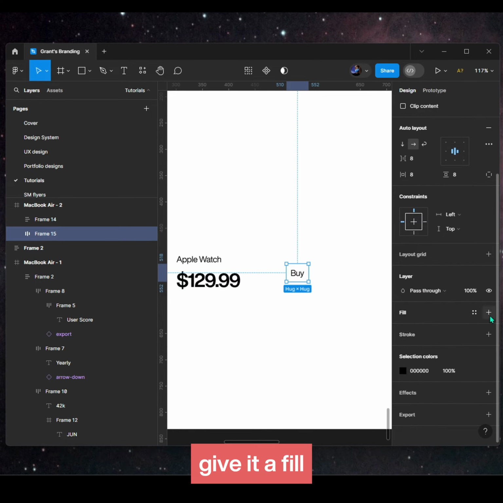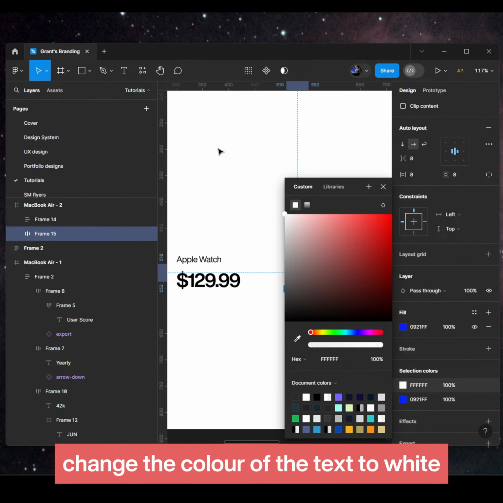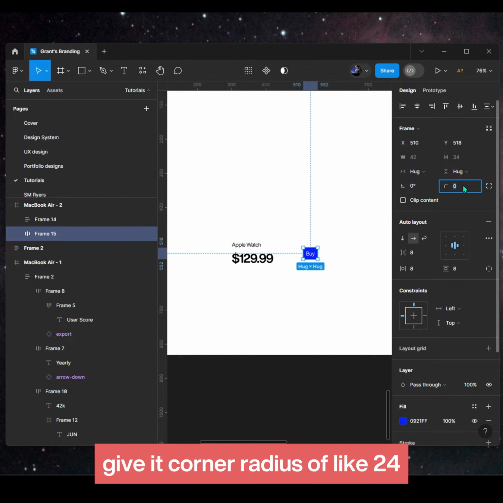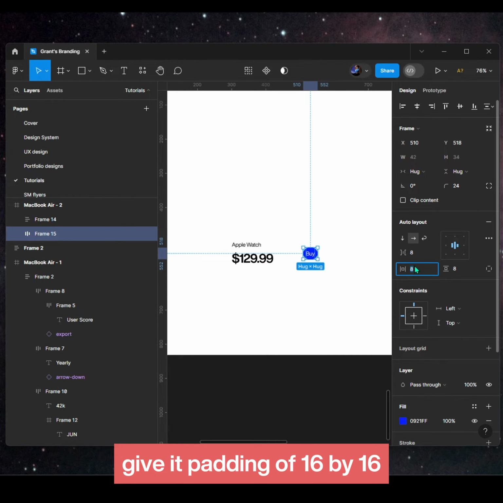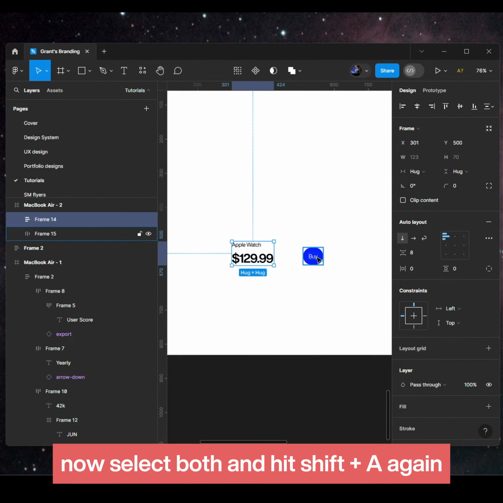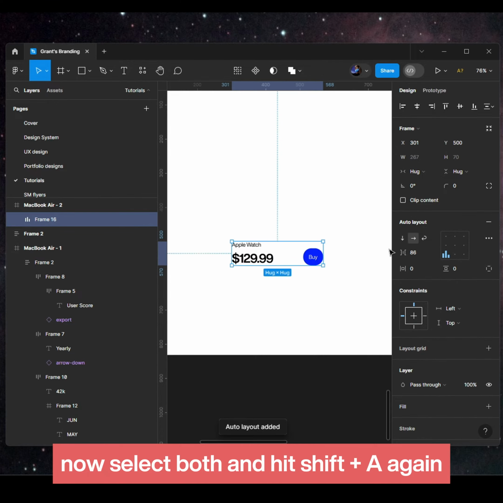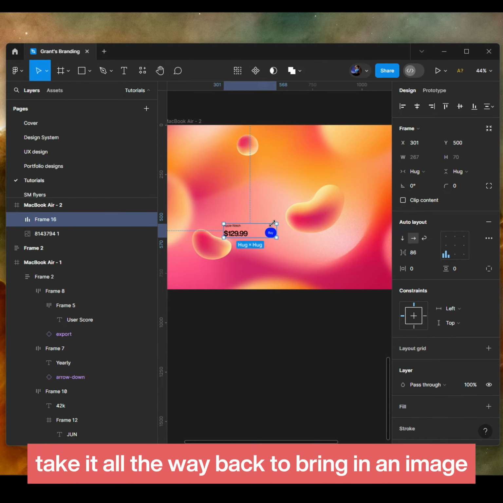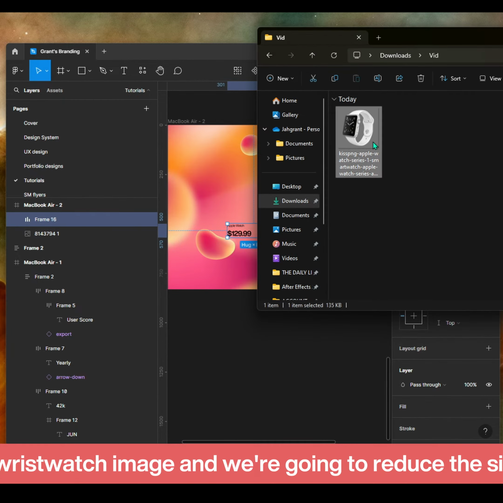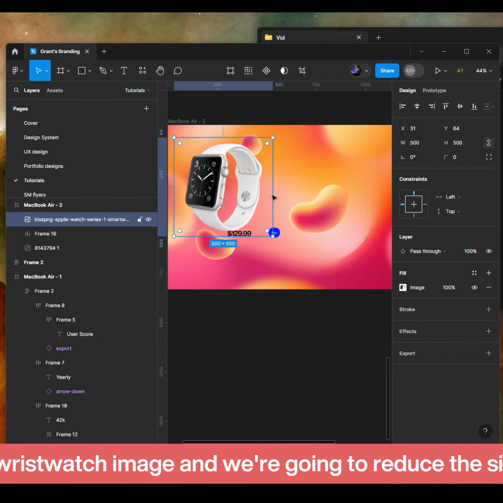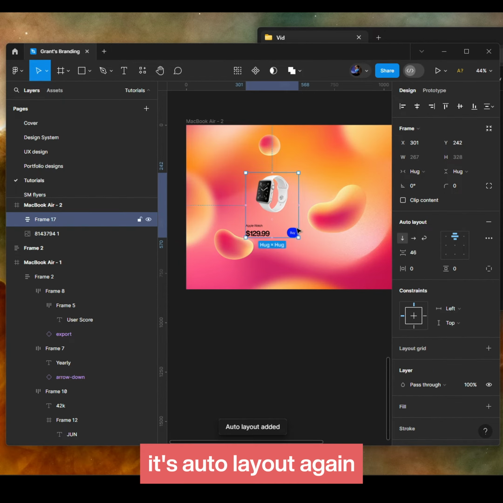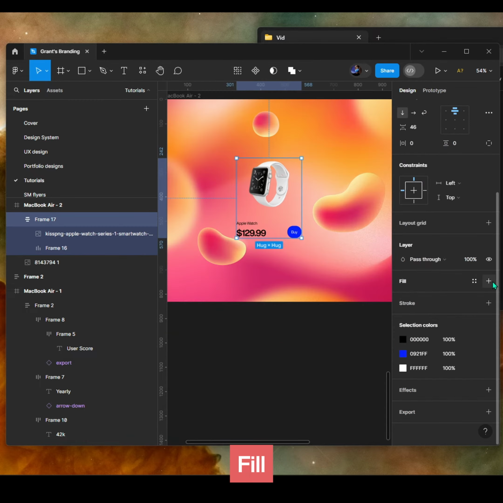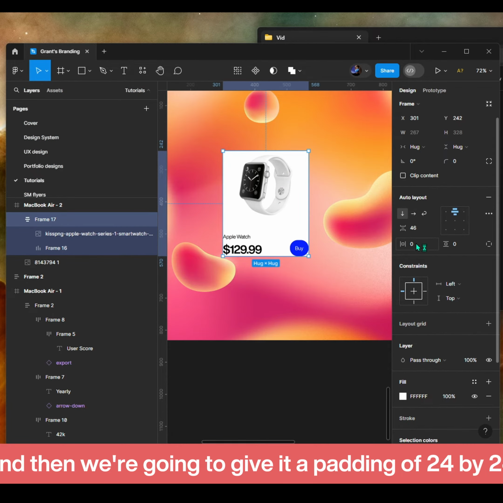Give it a fill, change the color of the text to white, give it corner radius of like 24, give it padding of 16 by 16. Now select both and hit Shift A again. Let's bring in a background, take it all the way back to bring in an image, a wristwatch image, and we're going to reduce the size, auto layout again, fill, and then we're going to give it a padding of